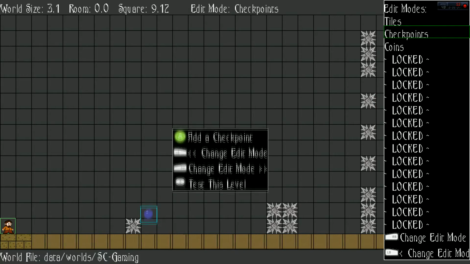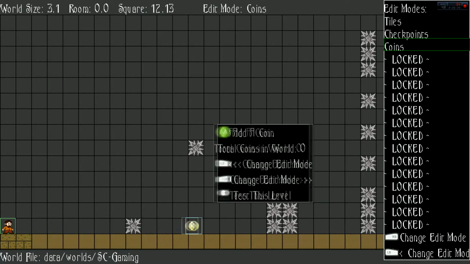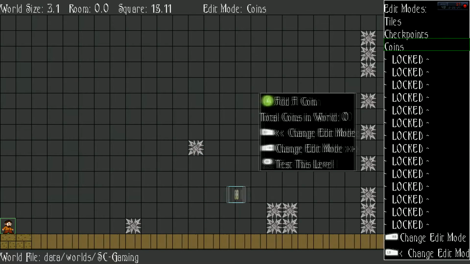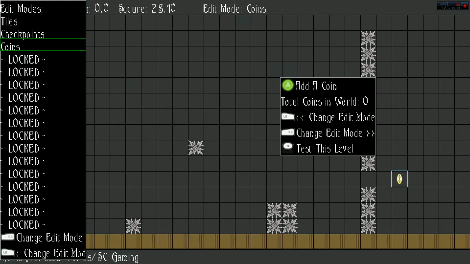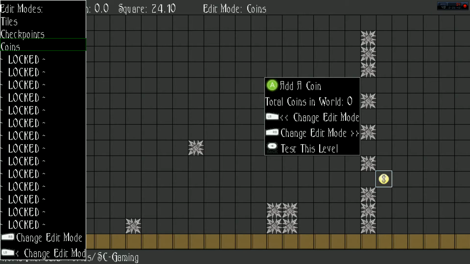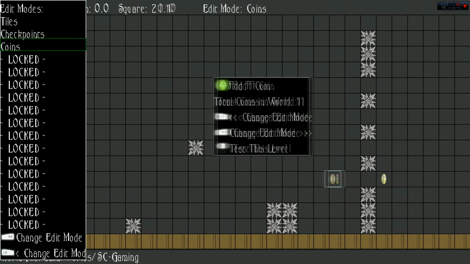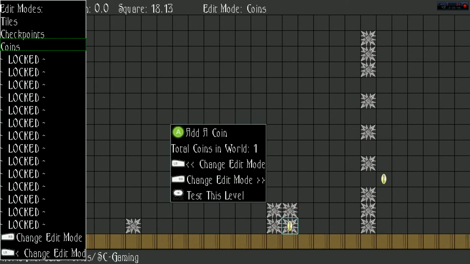Coin. Now what I found out the last time I tried this out, I placed a coin like right here, and you get it when you hit the spiky, but you don't get it taken away because you die. So I'm gonna put it, I guess one past. The dangerous part, of course, is that